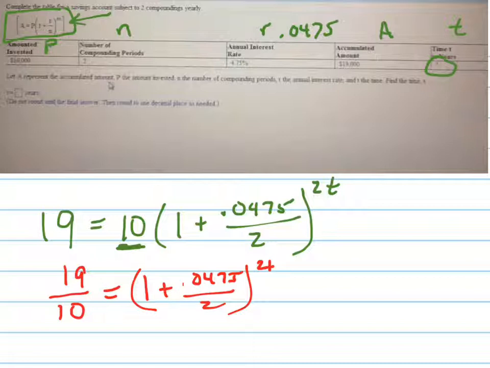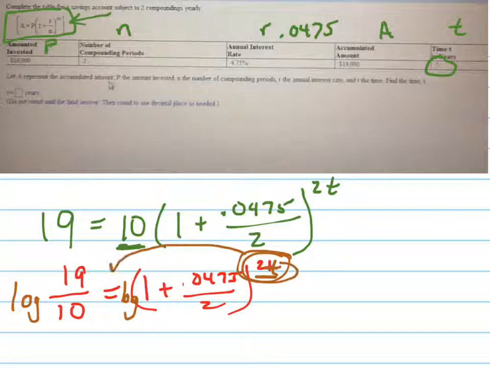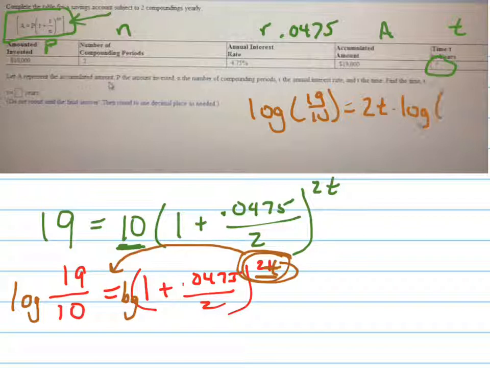Now, here's the trick. Remember, the whole point of using logs and teaching logs, or one of the main points, is that now what I can do is if I want to get this t, remember there's a t up here in the exponent, if I want to get that t down to be able to work with it, I can take the log or the natural log, either one, any log I could take of both sides. And when I do that, that's going to allow this to come down in the front. So my equation now is, I'll write it up here, log of 19 over 10 equals 2t times log of